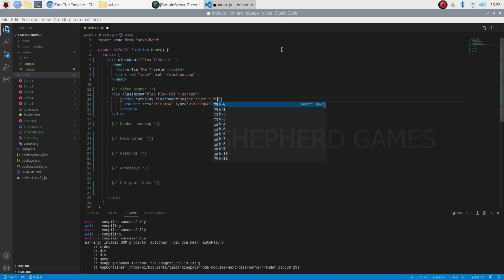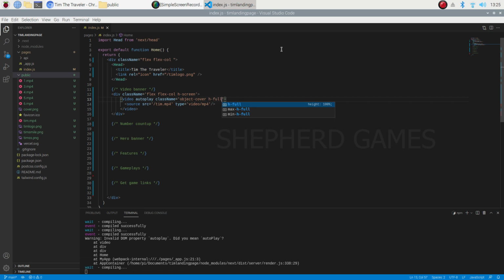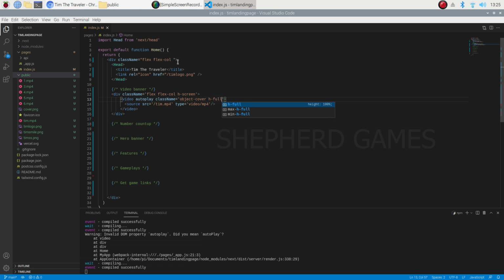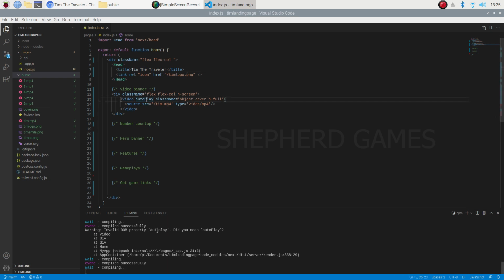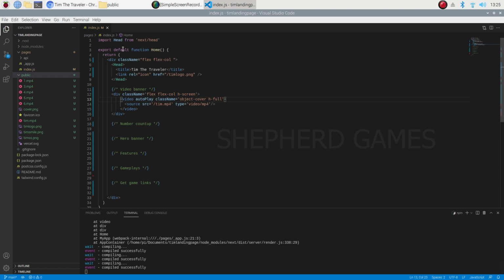So I want to make it object cover, height as full. Okay, we got an error here, it should be autoPlay with a capital P. Alright,